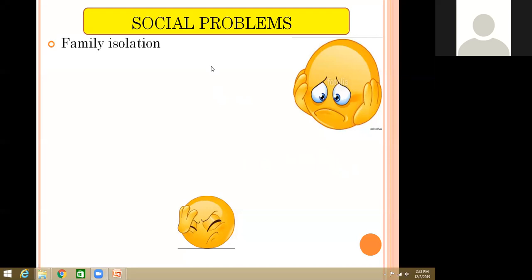So I have an example of family isolation where there was a patient who was diagnosed with right breast cancer. When we sat with her to collect the history, the husband told us he only came to know about his wife having cancer and a wound when he came back for a holiday, as he is in the army. He said the wife came to the station wearing a sari and wrapping a shawl around her on a hot summer day. He thought maybe that was because she had come out. When they reached home, the wife was still wrapping that shawl. So he asked her why she was wrapping this shawl because it was such a hot summer. The wife said, I'm having a common cold, so I don't feel like taking my shawl off. After that, the husband said he would go and visit his friends. So in the evening, while the wife was preparing dinner, thinking that the husband was still outside,